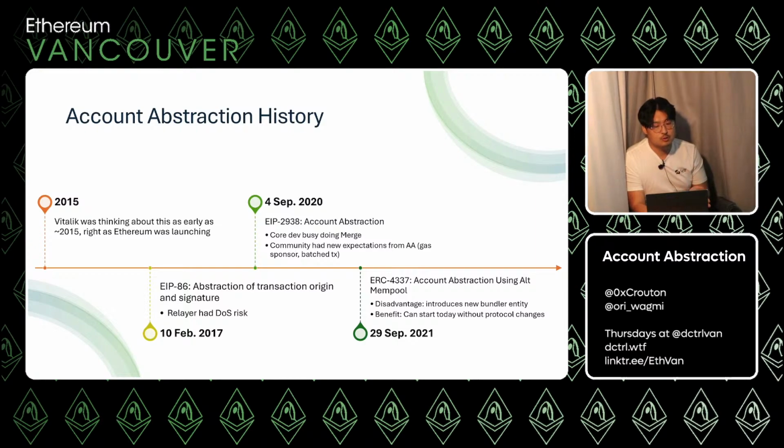The first proposal he made to address this was in February of 2017 with EIP 86. This proposal included a lot of the core ideas of abstracting out the signature and allowing users to create contract accounts. There's one known entry point. The main issue here is that in the proposal he made, it was possible for a malicious actor to spam the network with bad transactions, causing a denial of service attack. So that was scrapped.